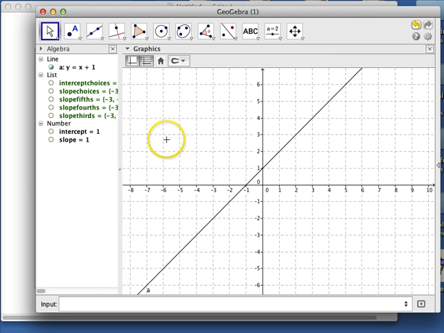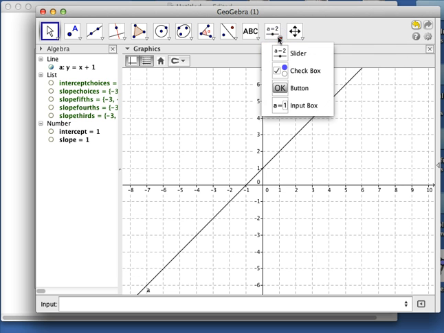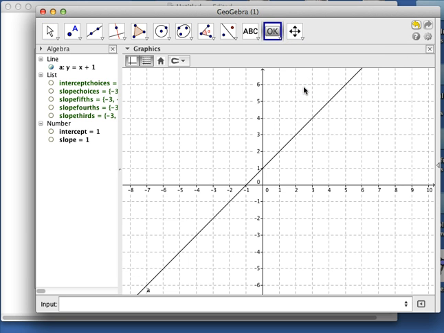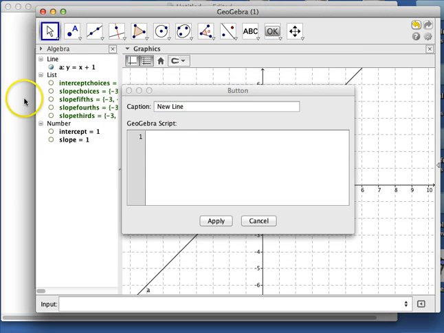And so what I'm going to do next is create a button, and that's found underneath the slider menu. Click on the button to activate the tool, and then click in a white space somewhere. I'm going to call my button new line, and then the